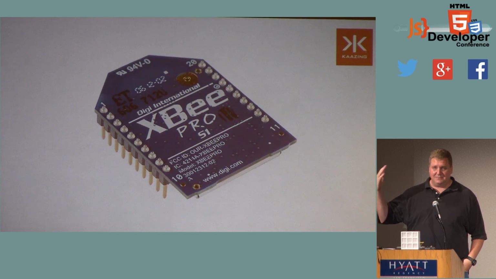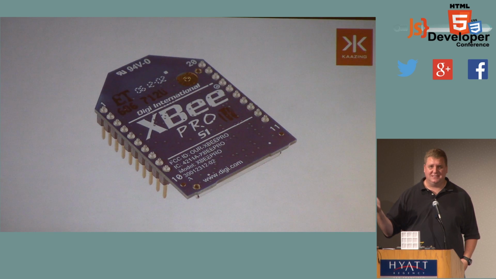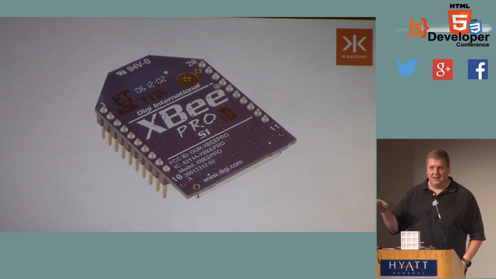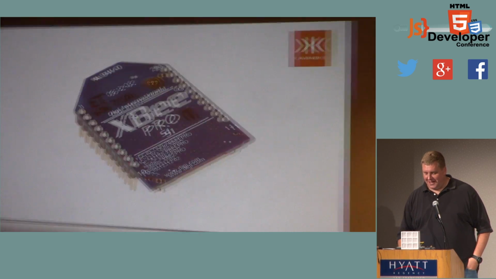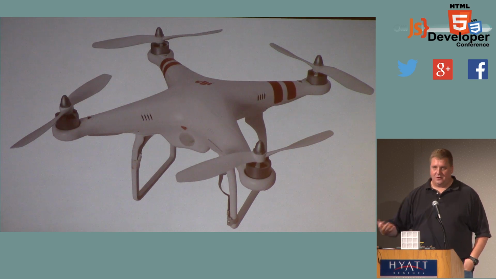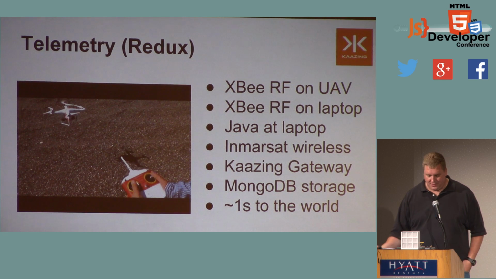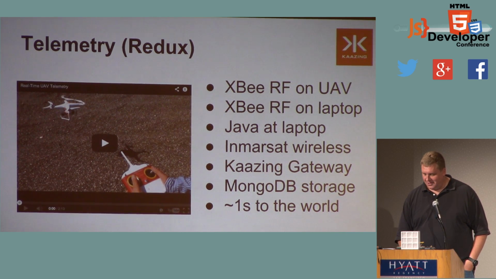In order to transmit data over long distances, Wi-Fi itself is not going to be very good. This is an XB. An XB is an 802.15, not 802.11, 802.15, which is just a slight cousin of Wi-Fi designed for low power usage, but for huge range. This guy's got a mile range on it, so it's good for that. Strapped to a quadcopter, right? There's our UAV, and a number of sensors attached to that. And what you end up with is the capability to capture all that data and distribute it anywhere, real time, throughout the world,